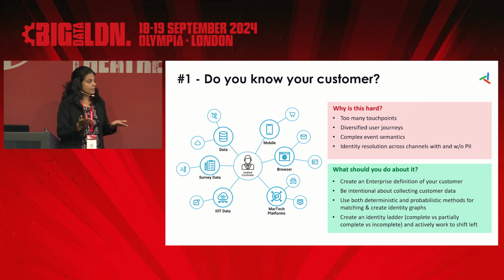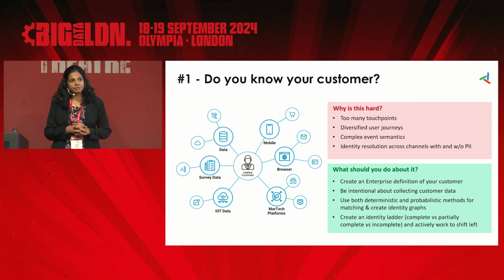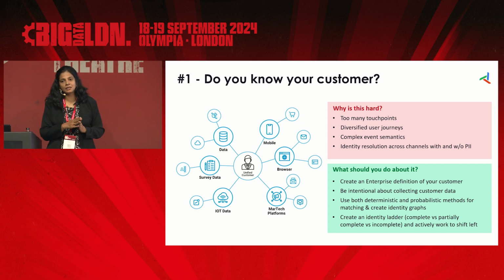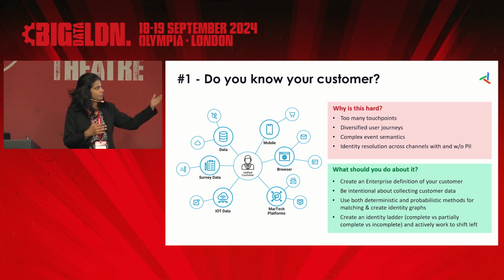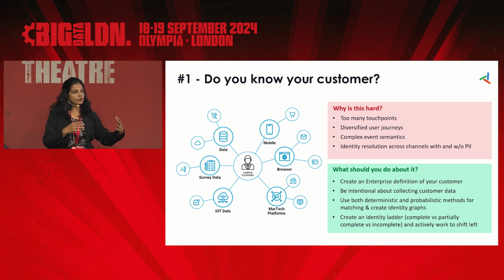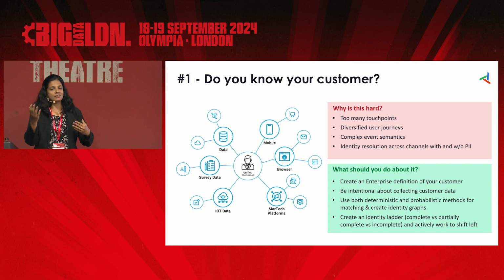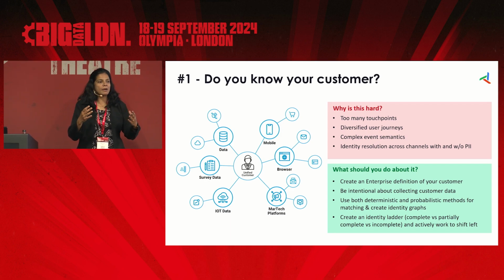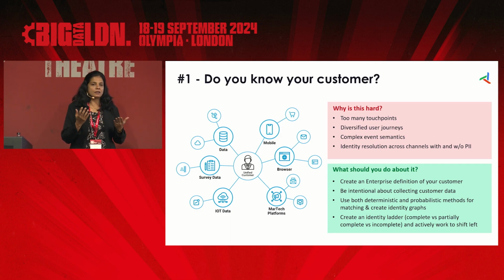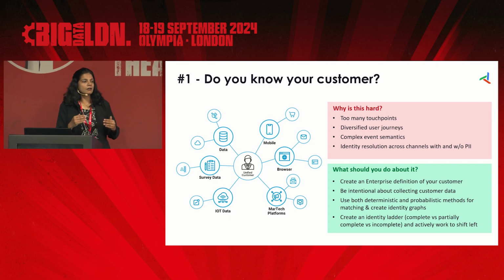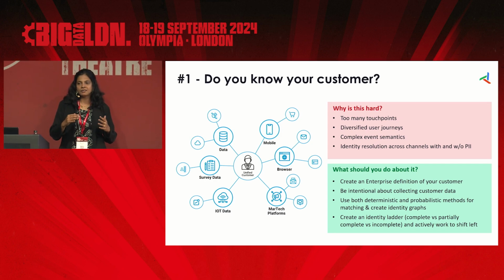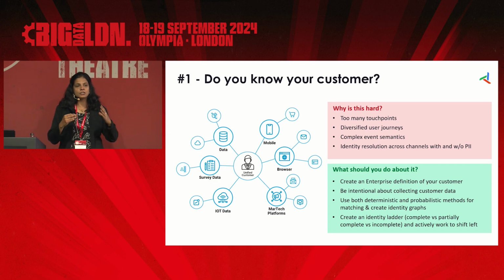Third, not everything is based on PII data. So a lot of times you need to use very sophisticated probabilistic methods to derive identity, and they could be wrong. You need to also put in a validation process, which is what I call the identity ladder, where you start to differentiate between what is deterministic versus what is not so deterministic, and then marry that and start moving more and more towards the deterministic ones as you go along. So again, a lot of this relates to the process. Your CDP tools will be enablers, but unless you're intentional about thinking about each one of these points in terms of the processes, the supporting systems, the supporting governance around it, these are not going to happen by default.